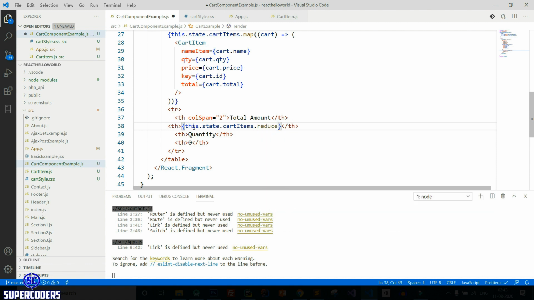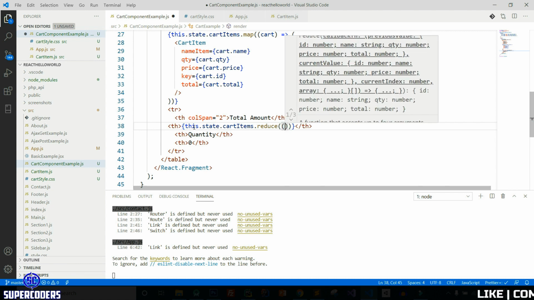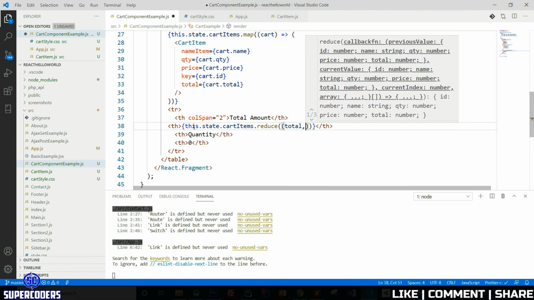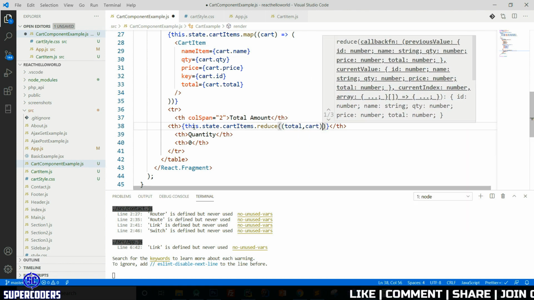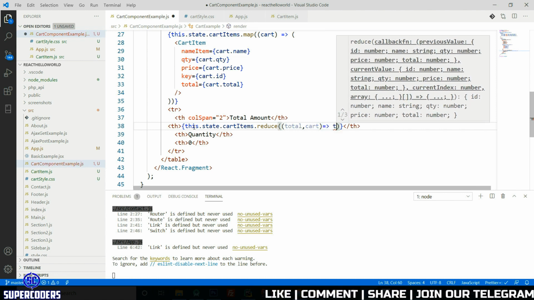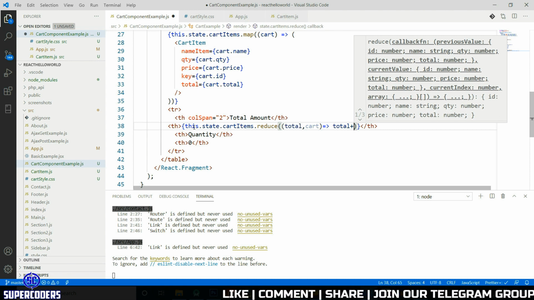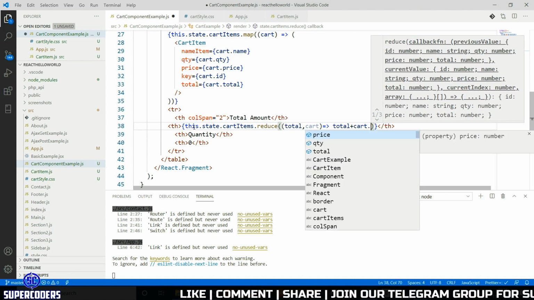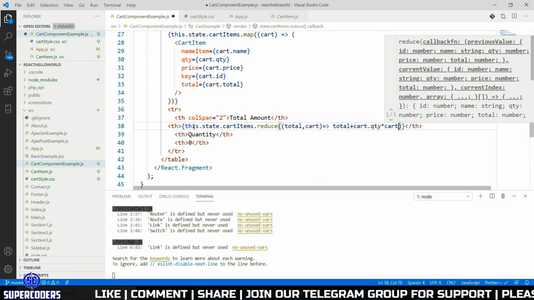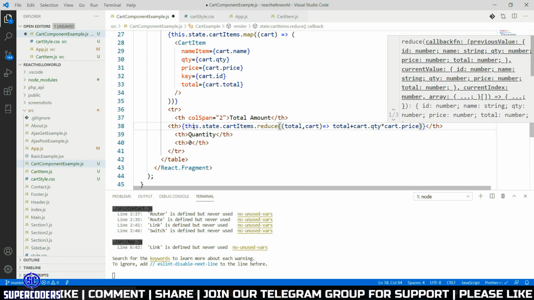It will sum our values. First adding a function, then total, then cart arrow, after that total plus cart.quantity into cart.price.